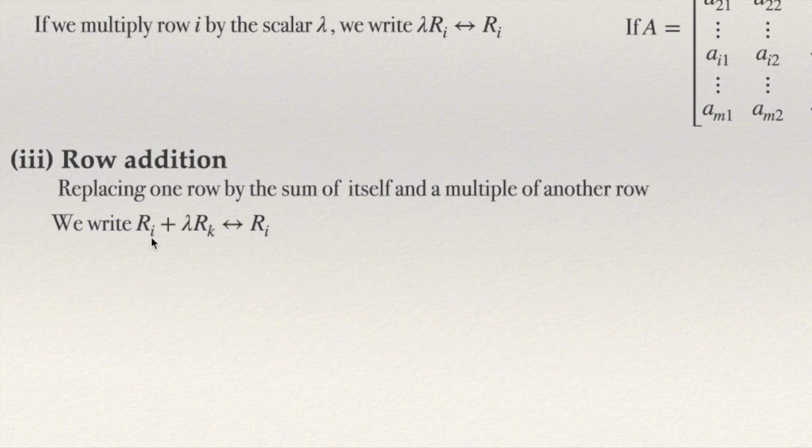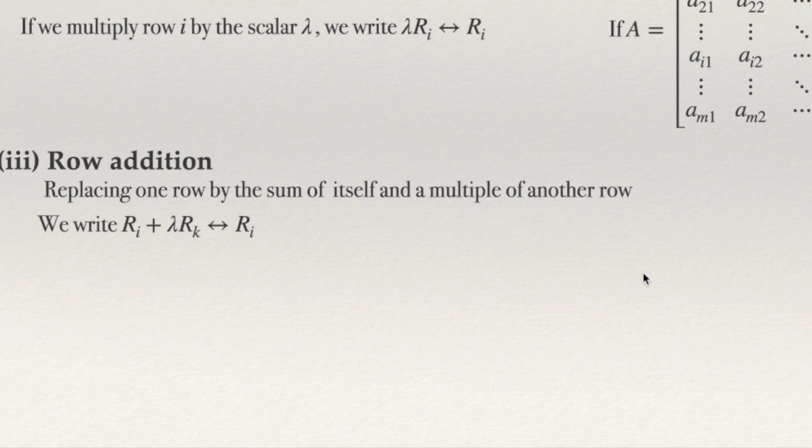So we are going to write it in this way: Ri plus lambda Rk. So to row i will be added lambda times, a scalar lambda, in this case it could be 5, could be 6, whatever scalar, multiplied by Rk. And that will be substituting the previous Ri. So it will be the same Ri that you see, plus